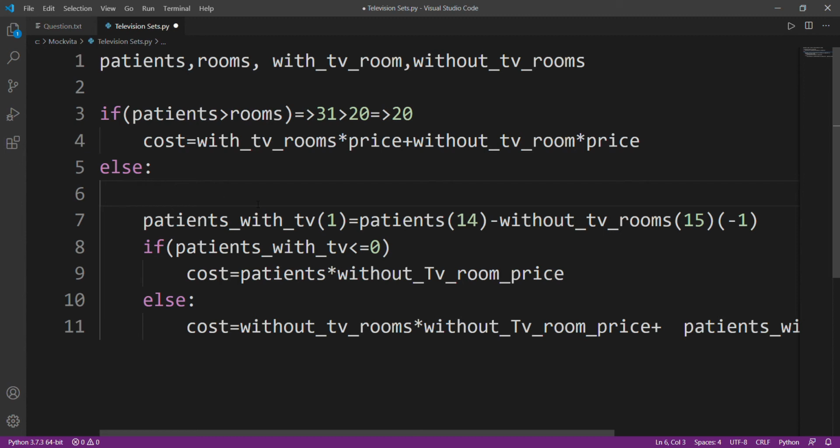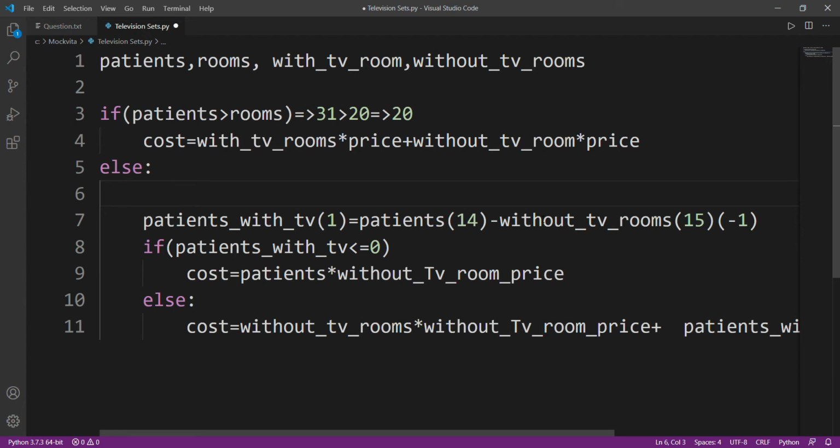And suppose the number of patients that actually come to my hospital that day is less than the number of rooms available, which means I have more rooms. So I need to prioritize my patients with without TV rooms, because all of them don't want TV. So I need to find how many patients I can provide without TV. So I'll calculate how many patients I can provide with TV. And how will I calculate it?